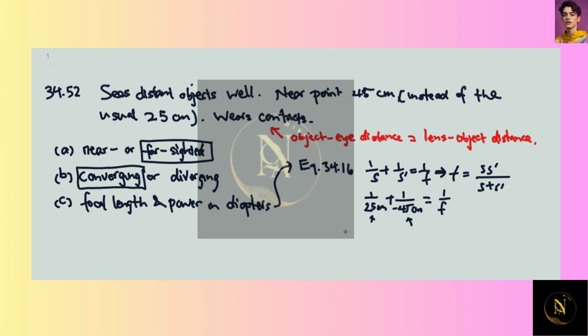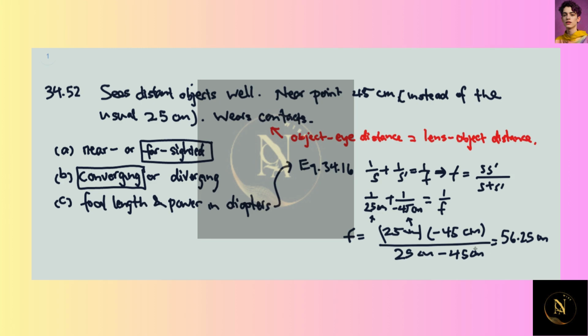And we know s and s prime, so f is 25 centimeters times minus 45 centimeters, divided by 25 centimeters minus 45 centimeters. And that is equal to 56.25